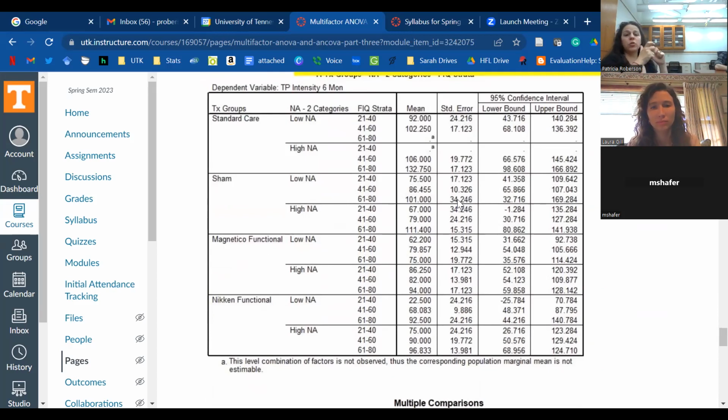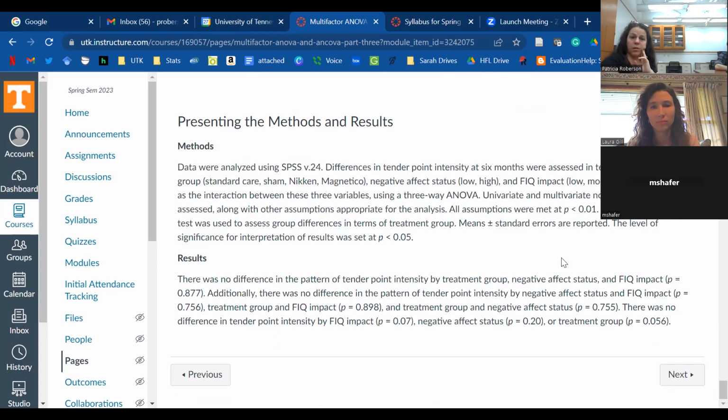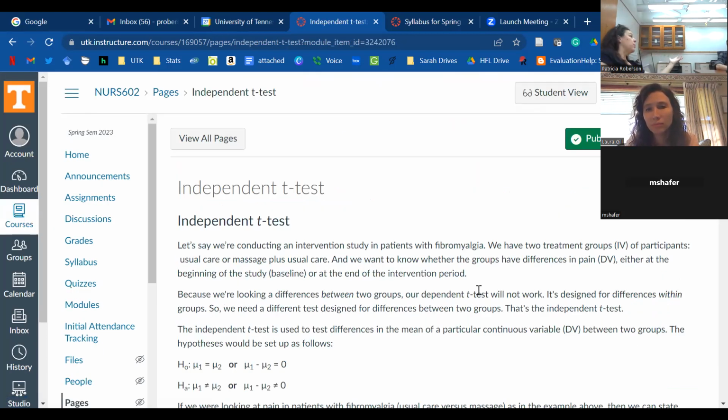When you do that, you do have to center the variables before you multiply them. Does anybody know why you have to center them before you multiply them? So you can interpret it right, but it's mainly because of multicollinearity, right? If you multiply them together and don't center them, it reads as almost identical to the other two, like the correlation is something like 0.8. So you need to center them in order to avoid